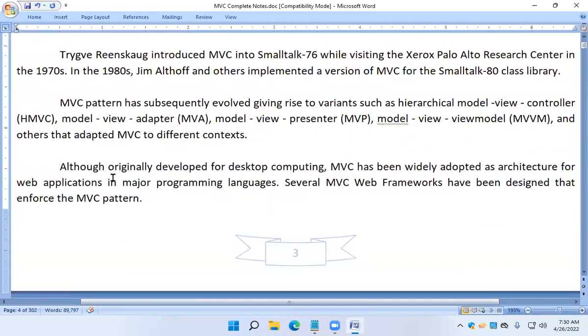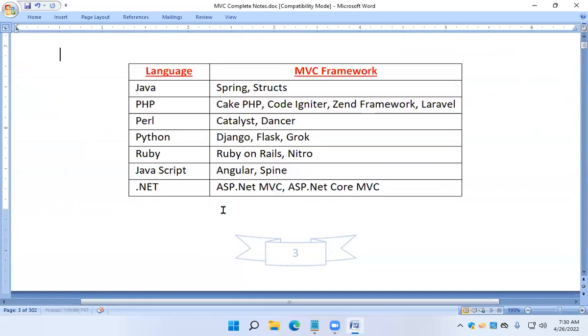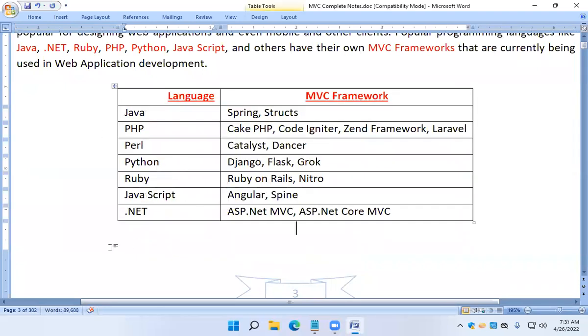Have a look at this. These are the various MVC frameworks that are available in the market.